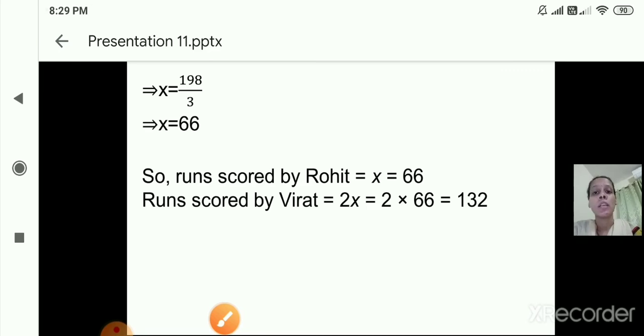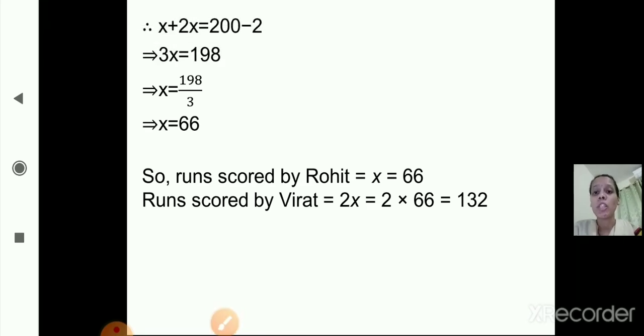So today we have completed question number 6 and question number 7 from practice set 36. And here we have completed practice set 36 and lesson number 8, algebraic expressions and operations on them. So today we will stop here. In the next session we will start with the next lesson.